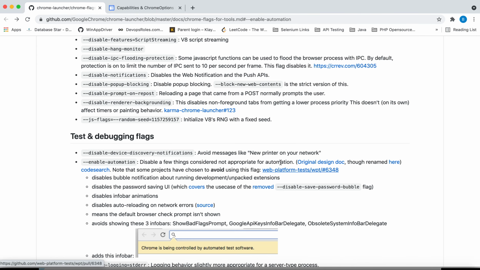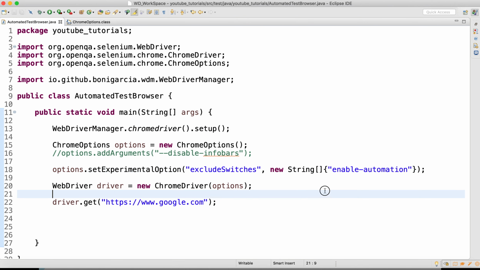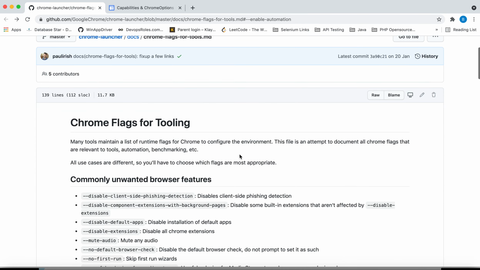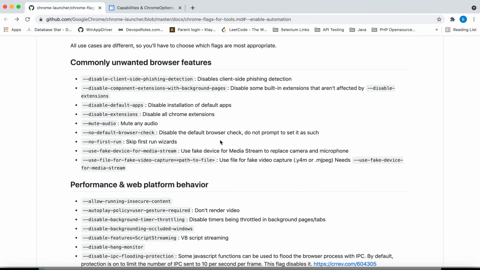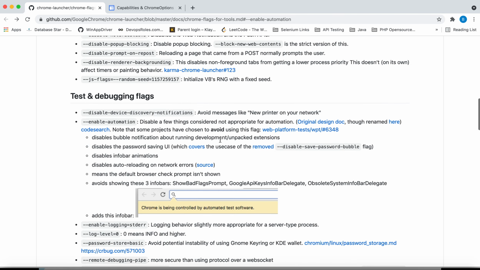And then what is this enable-automation? This is one more link, I will share this link also. You can see here enable-automation: disable a few things considered not appropriate for automation.